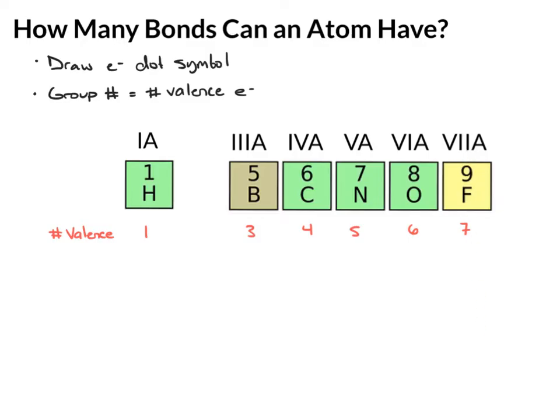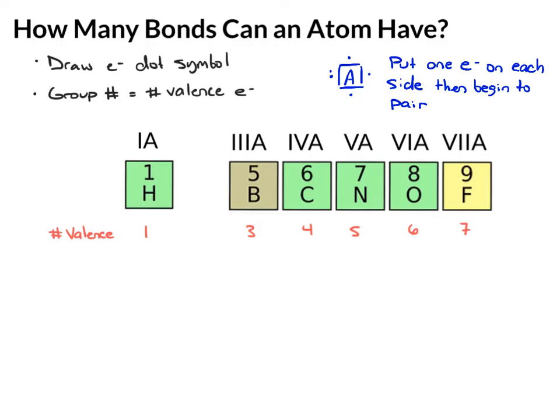So then, to draw our electron dot symbol, what you want to do is think about the atom being essentially in a box with 4 sides. And what you do is you put 1 electron on each side, and then once you've put an electron on each side, if you have more than 4, then you can start to pair electrons. So now if we draw the electron dot symbol for each of these atoms,